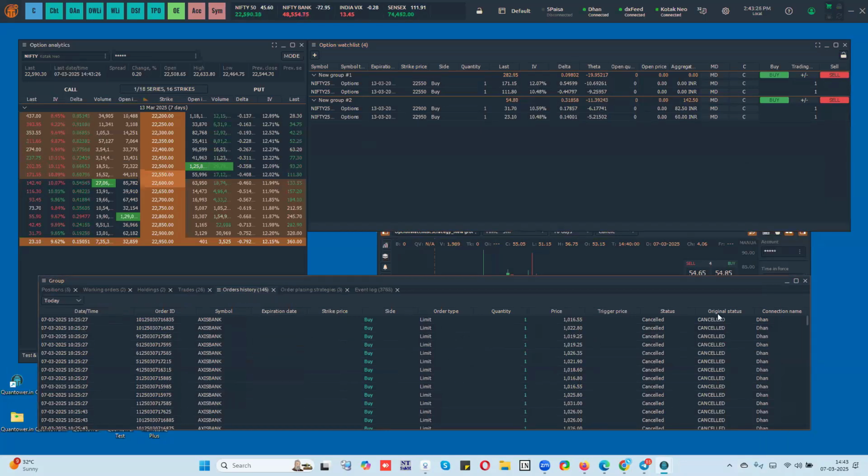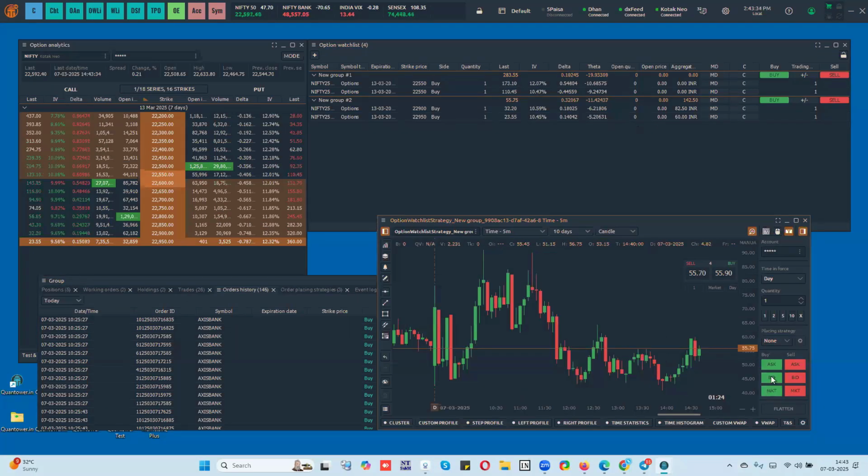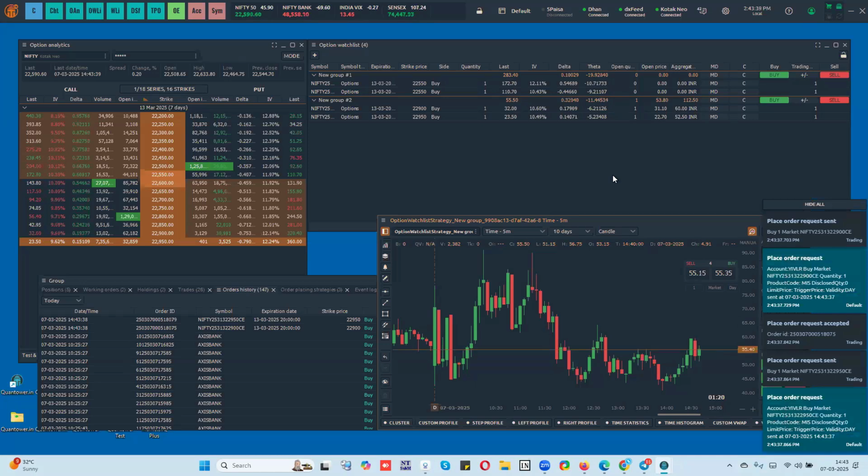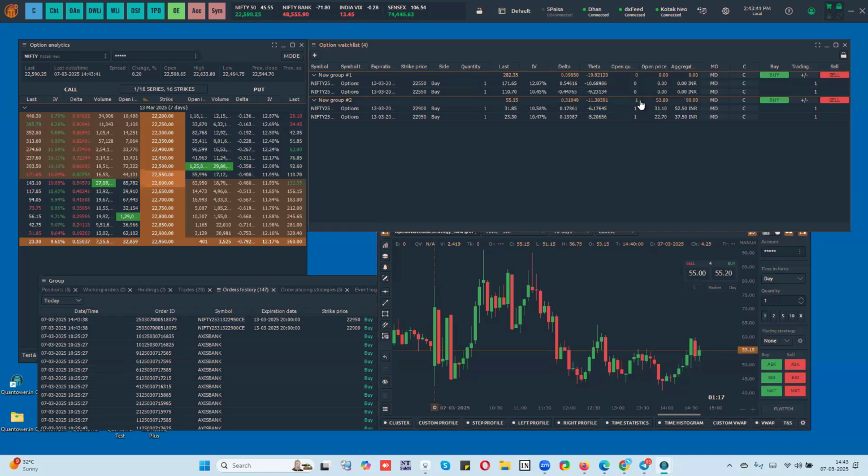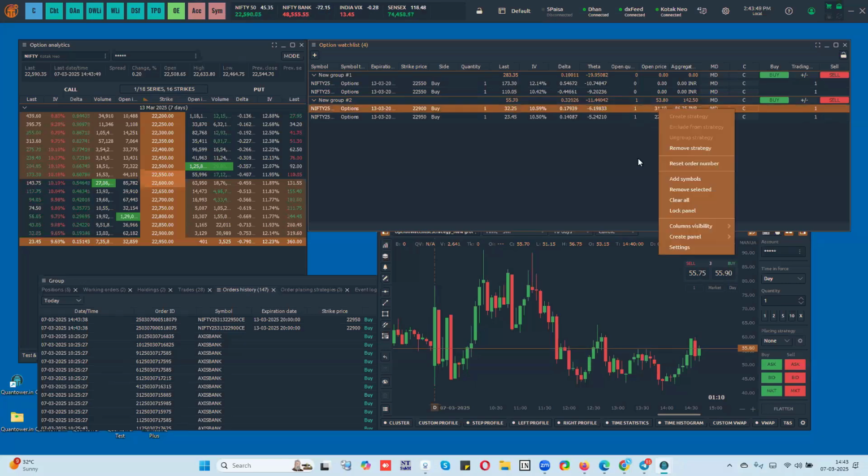So that is how you can do the basket order for options from here. You can also place an order from the chart as well. So you can buy from here. It won't be visible on the chart, but you get to see the average price of this particular trade that you've done. However many times you trade in this, the average price will be visible.